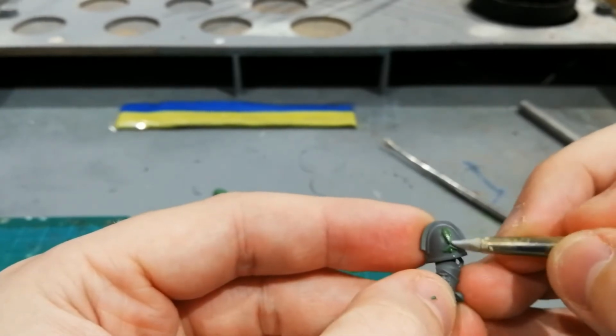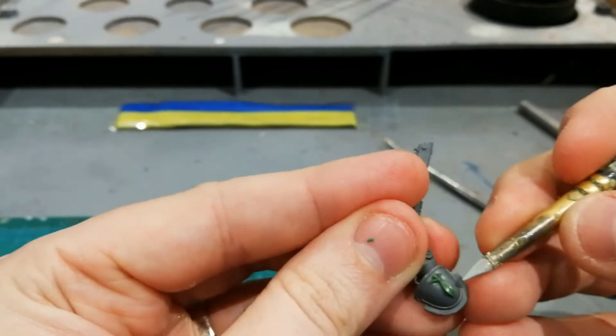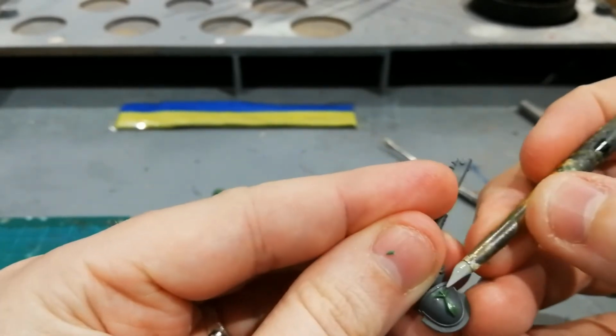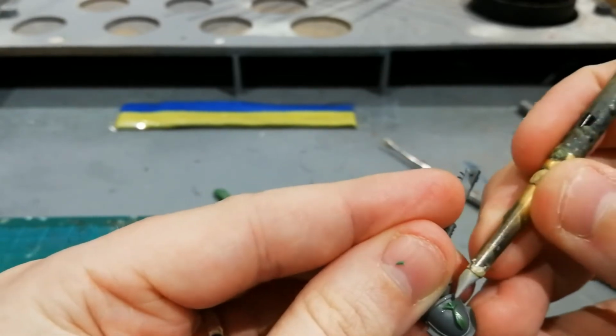If you're ever watching my videos and you realise I stop halfway through a sentence, it's because my mind seems to only process one thing at a time. I'm either sculpting and painting or talking to you guys. So